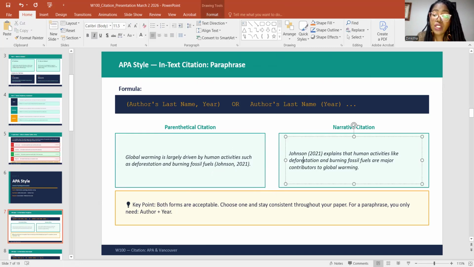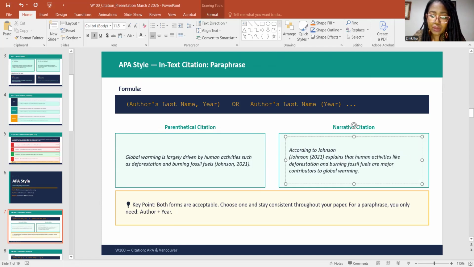If you want to mention the author, and we call this a narrative citation, you will say, according to Johnson. Okay, that's one way of saying it. I'm going to type it in here. You can say, according to Johnson, and then you put the year.